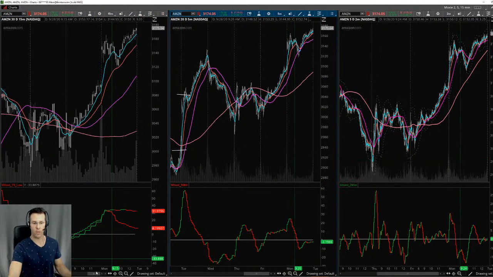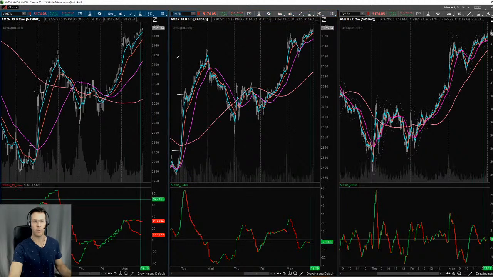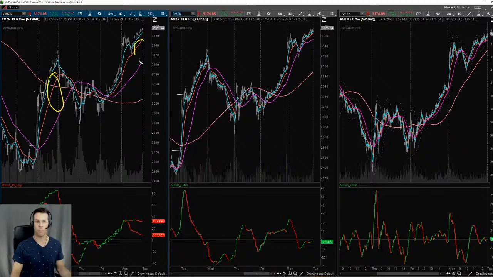The other thing is, when did price finally start to break? We look at this big distance between price and the 15-minute time frame. When does price actually start to break down towards the 15-minute 50? It's kind of like tree branches. You've got to start from various levels. But you can see here, it broke when price got underneath the 5-minute 50, and we're just now waiting for price to break the 5-minute 50 to the downside to then go to the 15-minute 50. It's an order of events, basically.